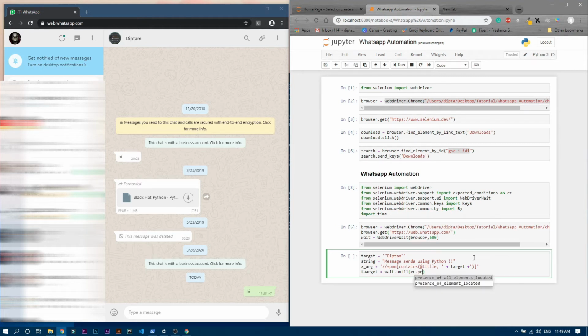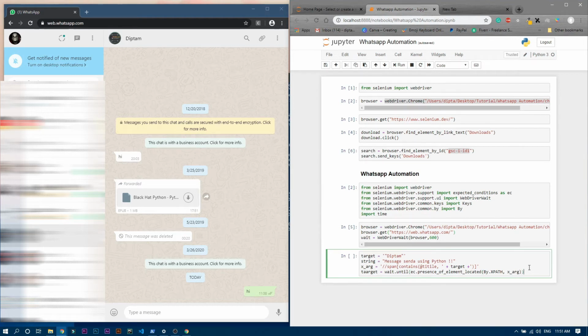Yeah, so you are getting these two suggestions: presence of all elements located and presence of element located. So we will choose the second one, presence of element located, and then we have to put one more parenthesis, where we will pass the path and this x underscore arg which we created, right? So we will just write by dot x path, I guess. Yeah, fine, and a comma, then x underscore arg.